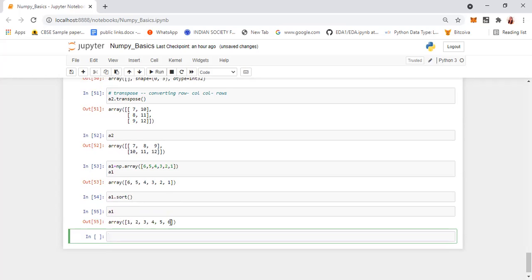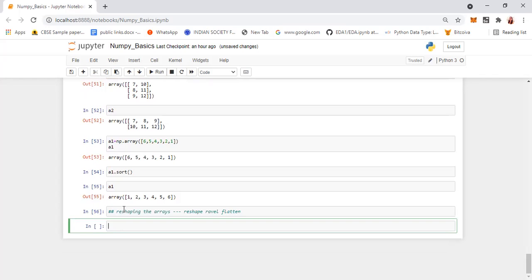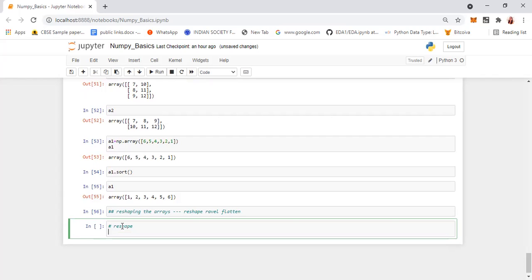So we have different methods for reshaping. So reshaping the arrays, we have lots of functions for reshaping. Here we'll see only reshape. Okay. And then we'll see a Ravel function. And then third we'll see the flatten function. Okay. So first is your reshape. Okay. So the syntax for reshape is A1 is equals to np dot